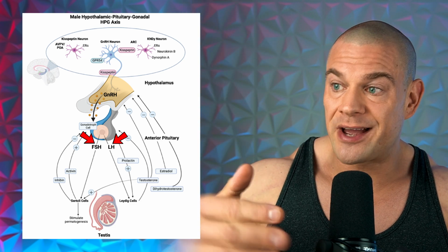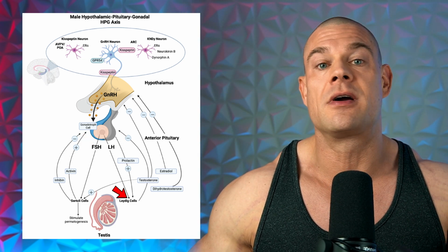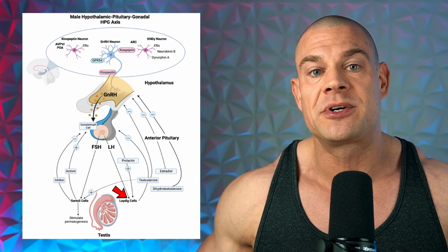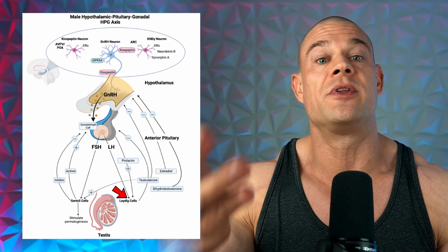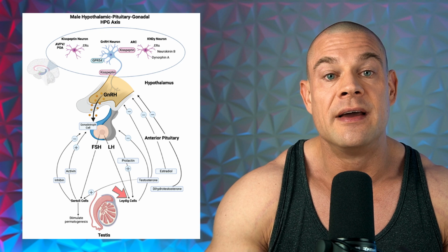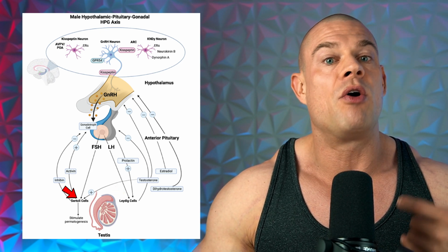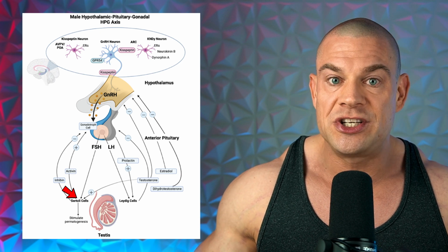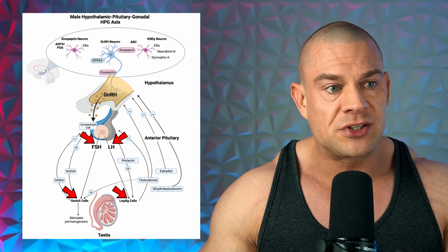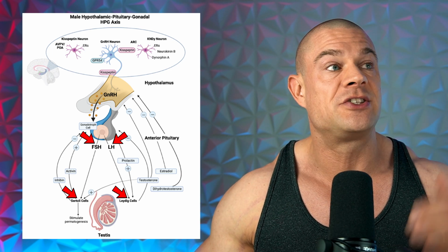LH and FSH travel down to the testicles as part of endocrine hormone signaling. Luteinizing hormone activates the combined luteinizing hormone chorionic gonadotropin receptor, the LHCG receptor, which initiates testosterone synthesis within the testicles, increasing intratesticular testosterone levels quite significantly. And follicle-stimulating hormone activates the FSH receptors, which in the presence of intratesticular testosterone initiates spermatogenesis. So in this normal HPTA functioning, luteinizing hormone and follicle-stimulating hormone keep your testicles working,